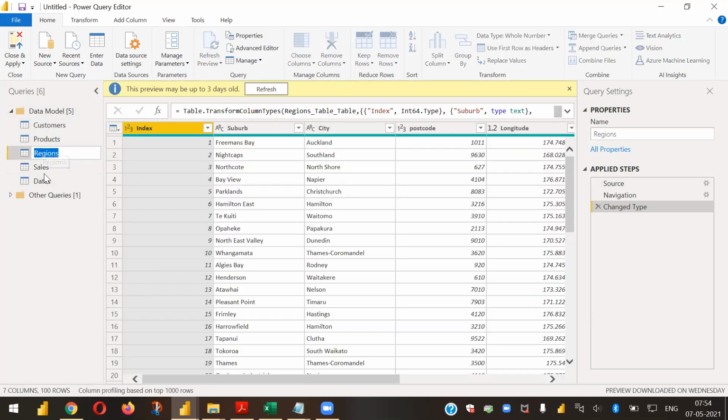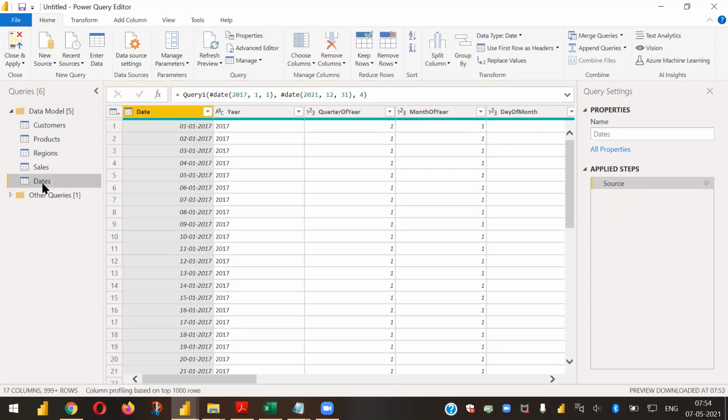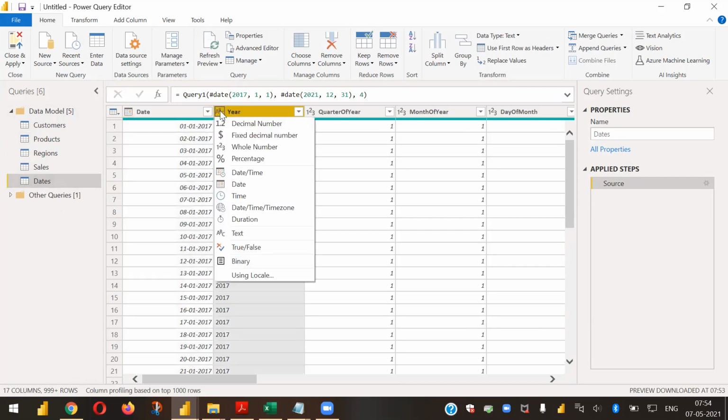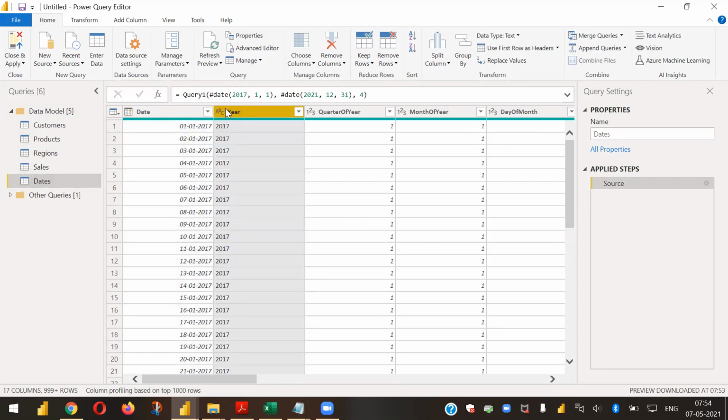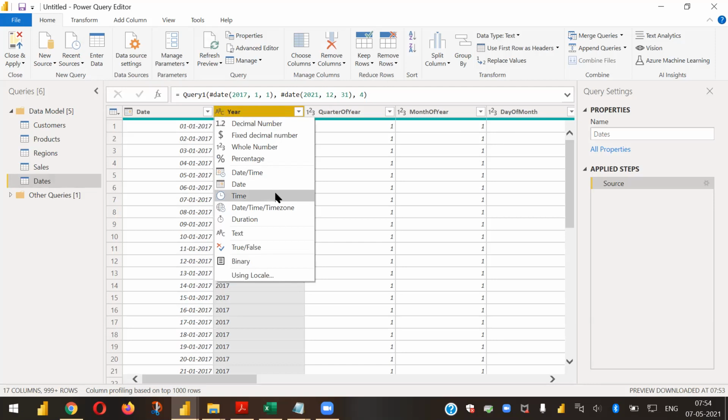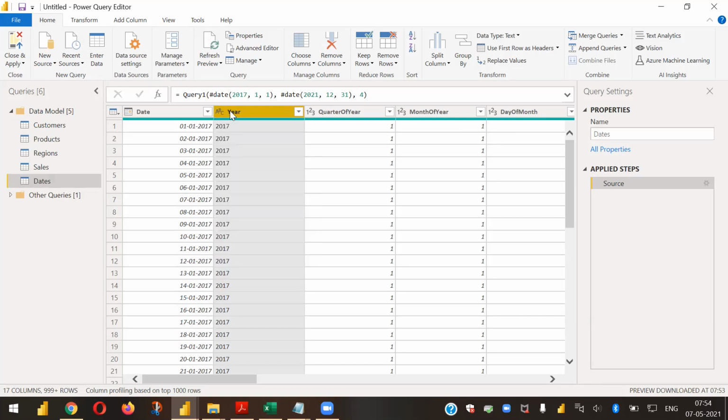Okay. So now you have this dates table also in place, and you can double check a few things, whether the formats are wrong or correct. Sometimes you can see, suppose the date format is correct. Now the year format is ABC. So year can be changed to a whole number, or it can stay ABC. It's not going to help us much, because I'm not going to use it as a value.